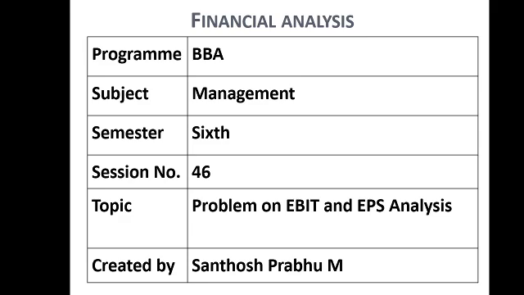So usually EBIT will be given, means EBIT you can calculate first as per the income statement pro forma. Then we will come to the EAT, earnings available to equity shareholders. Then if you divide by the number of equity shares, we will get earnings per share. But in this type of problem, you will be given the EPS, but we need to calculate the level of EBIT for that EPS.